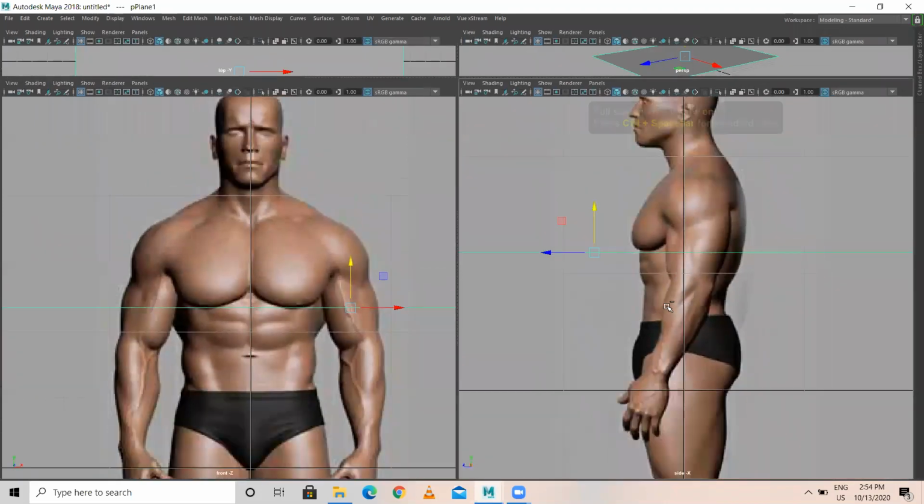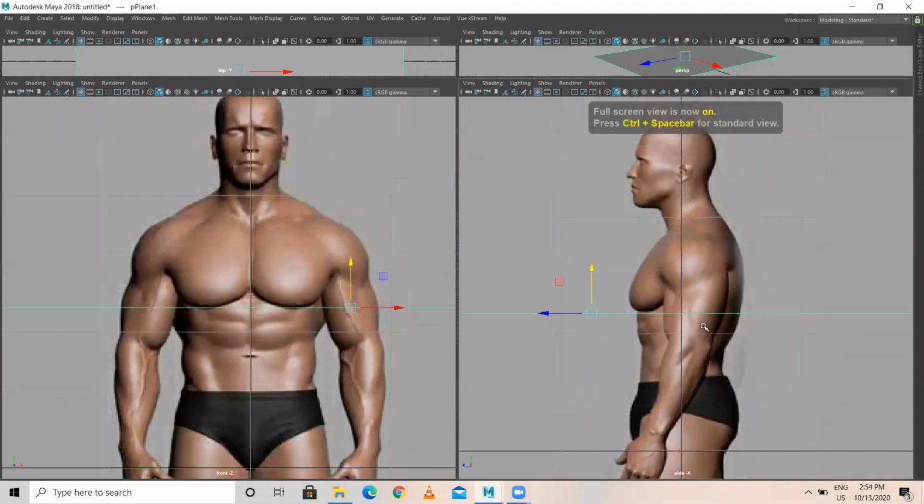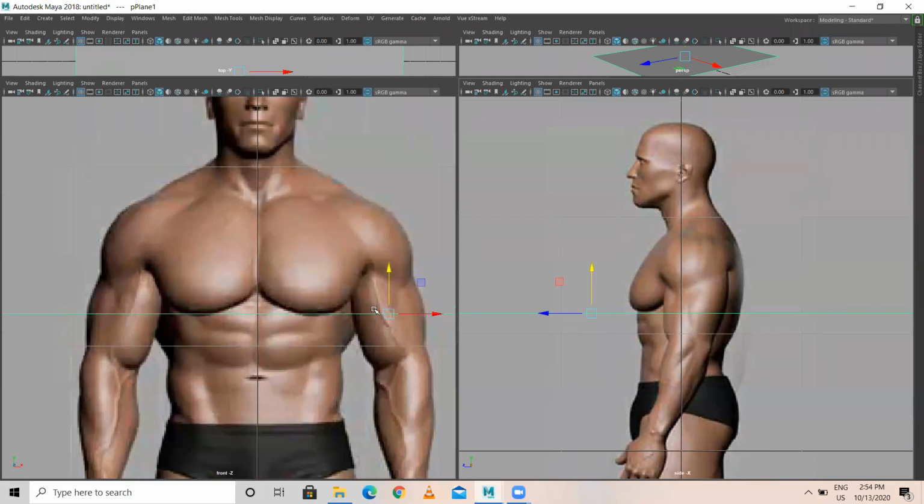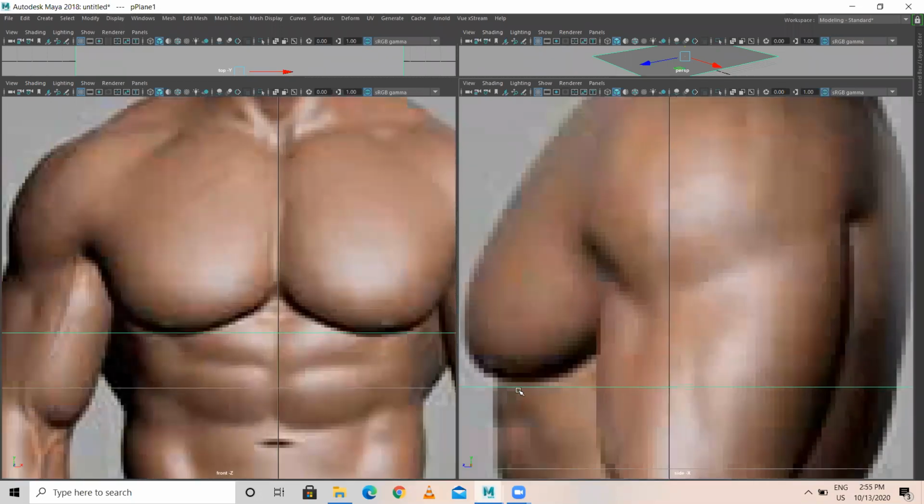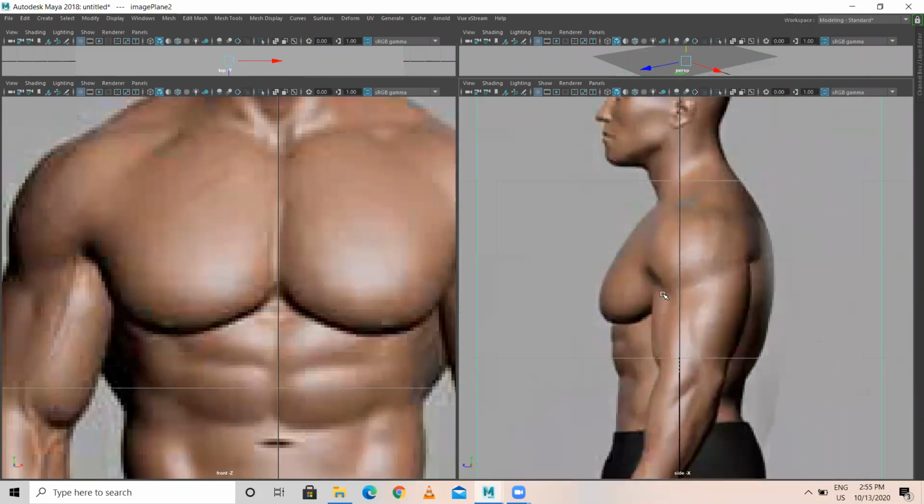When I do control space, all the UI elements will hide. Now, this is the plane which I have selected. So here and here, there is a gap. I think this has to come a bit down.